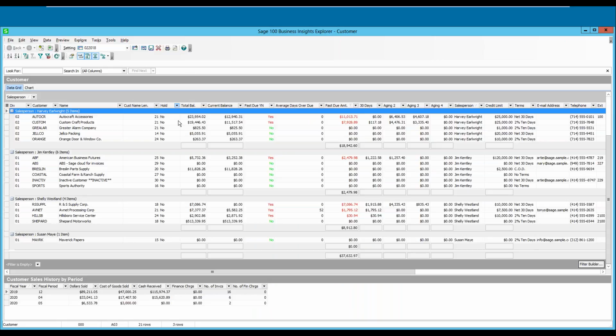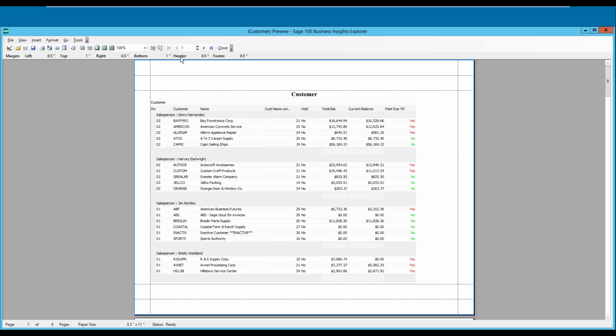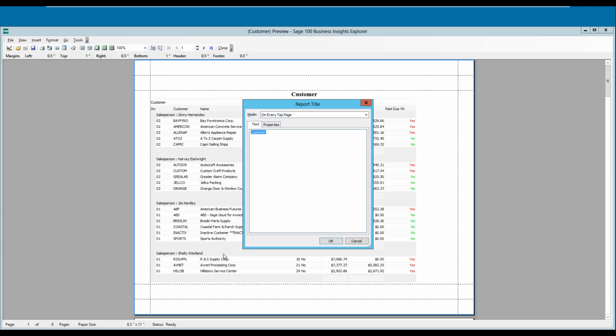Okay, so we're just going to do the print preview here. So here's the print preview that we're all used to seeing. So you can print your reports, and I'm going to just do a couple things in here. We're going to format the title here. And right now it just has the word customer. So we're going to call it something more meaningful. Past due